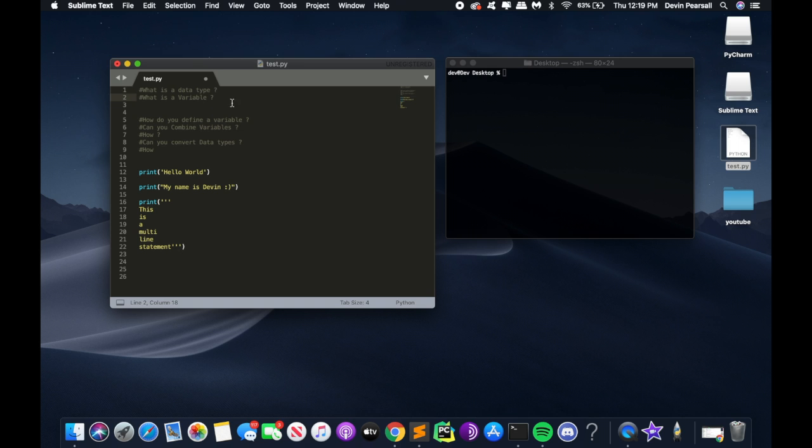A variable is something that you store a value in. It's something that you store data in. It doesn't matter the type of data, but it's a variable, something you store this in. So let's say we wanted to write this sentence as a variable. We can type in x equals, this defines a variable, just the variable name, which is x, and then that equals whatever you want it to say. So if we're talking about hello world, we're going to define this string. So we just type in x equals hello world,